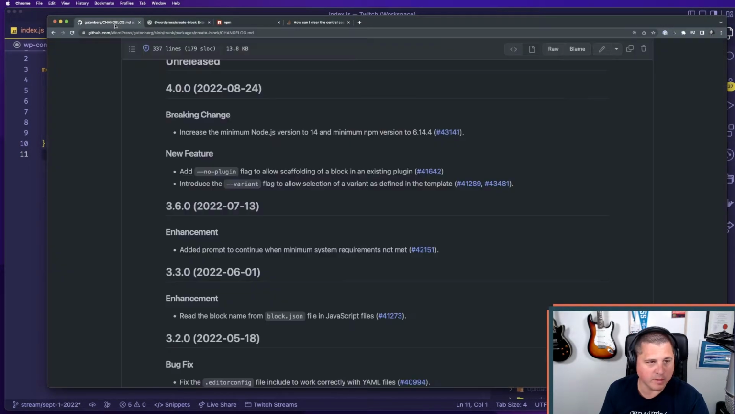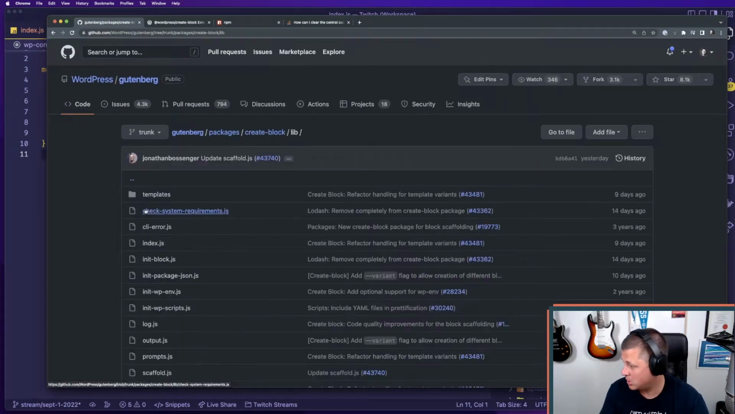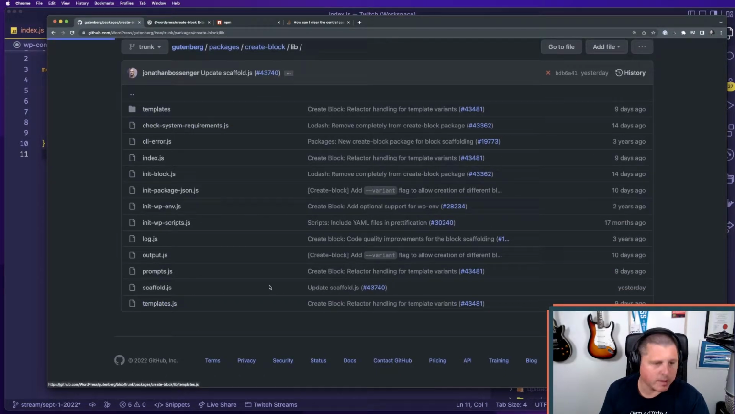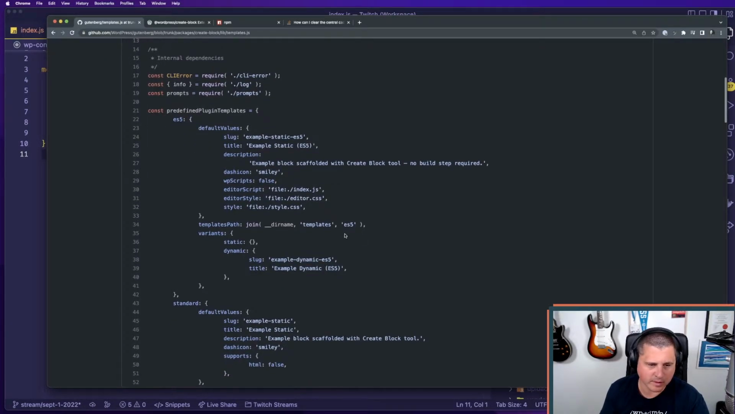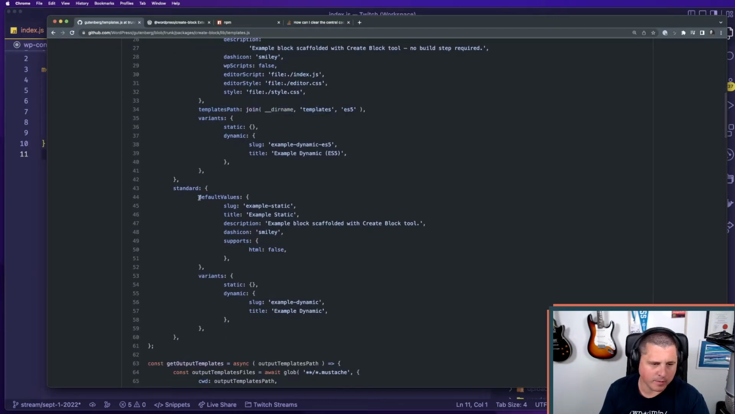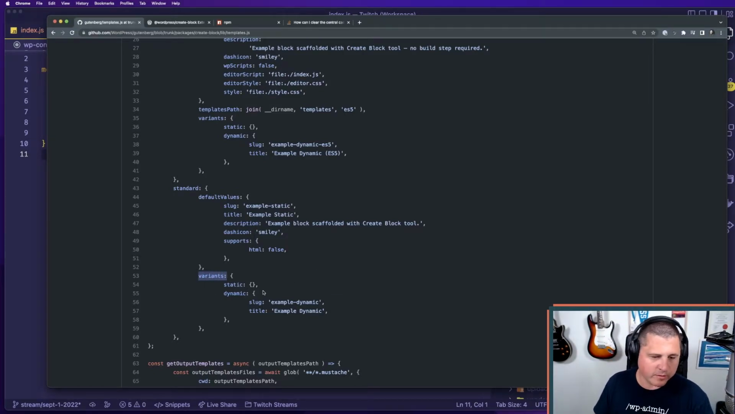So these are the defaults, but if we look back over here in our create block, in our lib, in our templates, you can see that we have some other things. So just ignore this, but this is all basically it. So we've got templates path, right? We've got default values, and then we've got variants. What makes variants even more powerful is that when we define variants, we define them as an object with objects that contain objects. So basically the plan here is if you define a variant and it has an empty object and it just uses whatever default value,